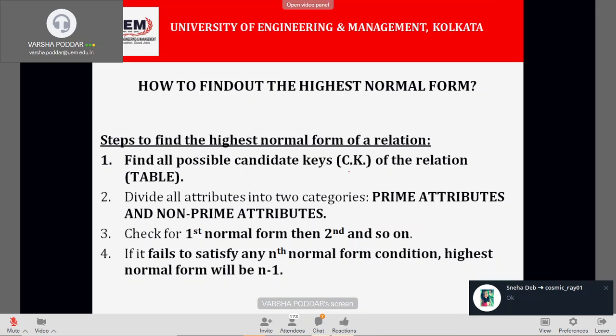First, we will find all possible candidate keys in a relation. To find the candidate keys, what are the steps? We will draw the edge diagram. We will find the essential attributes.